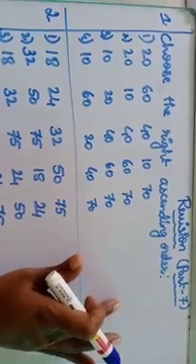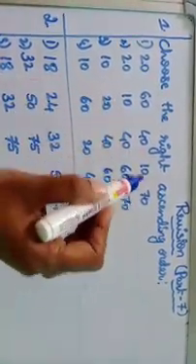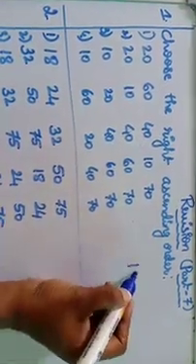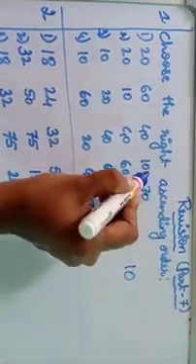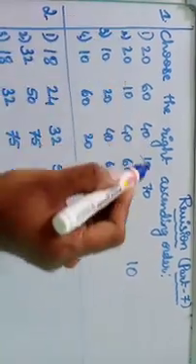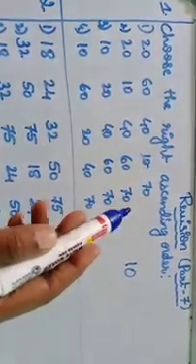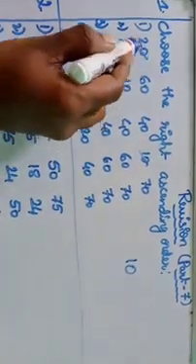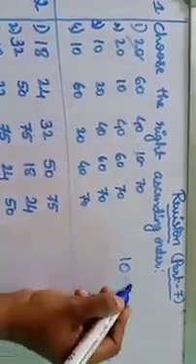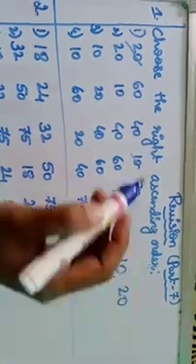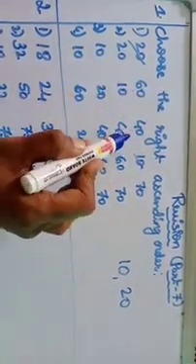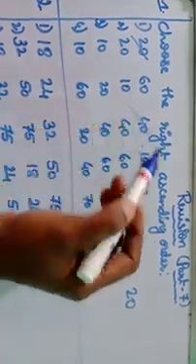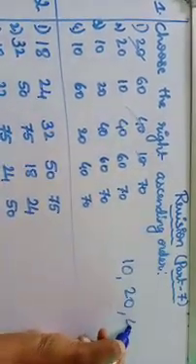Which is the small number, children, here? Just see the first line. 10 is the small one. I told you how to do ascending order. Cancel it and go through the next one. After that, which is the small number? 20. So cancel it. The next ones, 60, 40, 70. Which is the small one? 40. So write here 40.